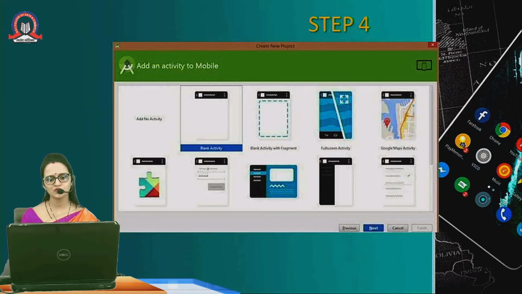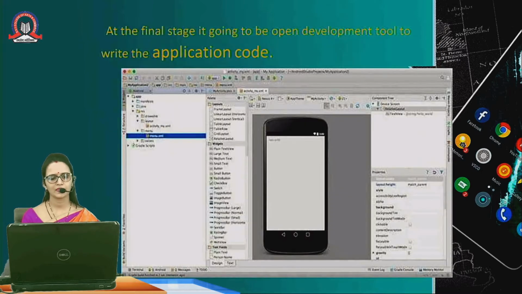First, we have to choose from lots of activities in this panel. Before starting, we choose the activity depending on the application. We may want to make a layout, a creativity, a game, or a simple login form. So first we start with the blank activity, then press next. After clicking next, we see something different, the form and the layout with the panel.